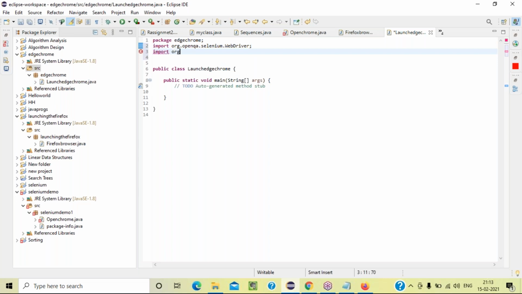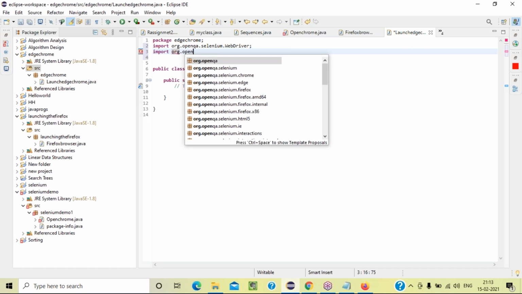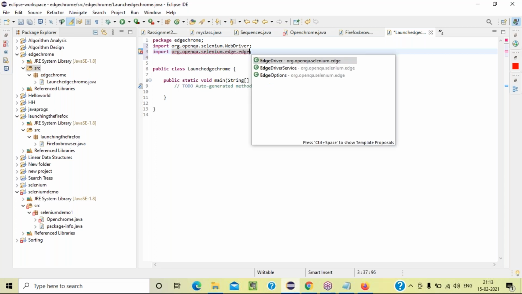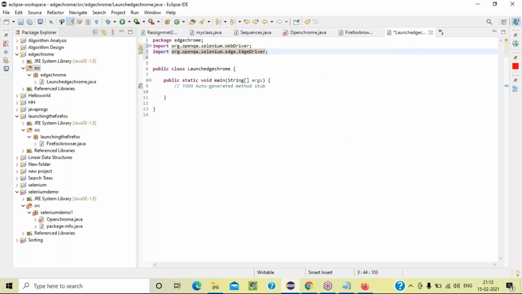I don't remember our code. Don't say that. See, Selenium requires practice, guys. You think it is easy, but when you implement it in your system, then you will know what the pain is. Okay, EdgeDriver, use Control+Space, first one. So I request you to make a document and make sure you practice all these areas.